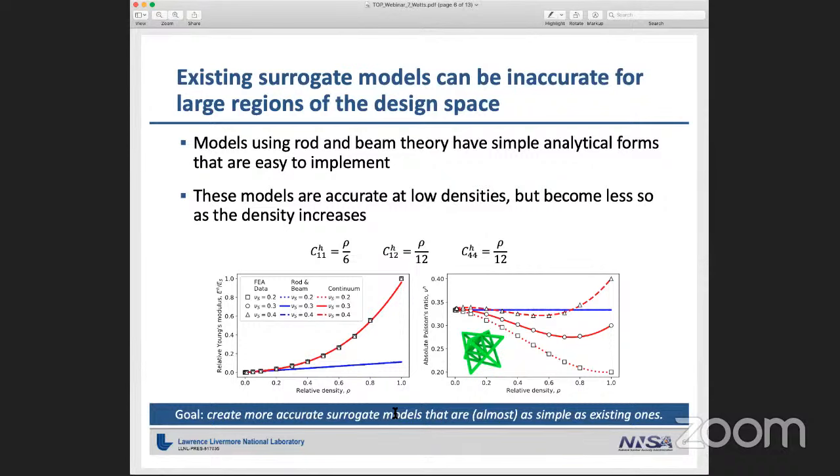In terms of surrogate models, there are many in the literature. They tend, however, to be based on rod theory or beam theory. As a result, they have nice, simple analytical forms and are easy to implement, but they tend not to be particularly accurate. The reason is that rod and beam theory don't actually model the nodes where the struts join together.